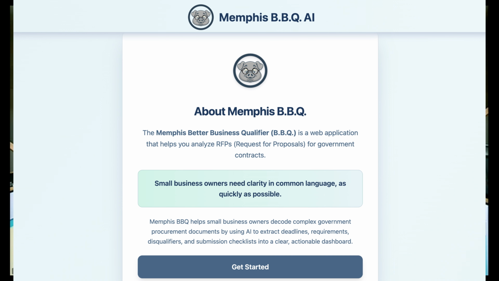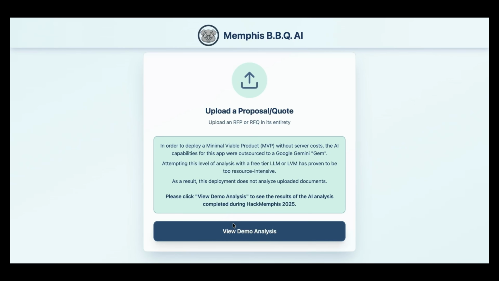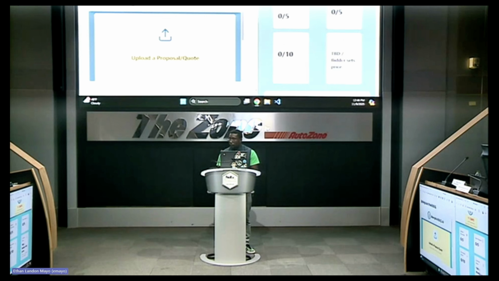So let's do this. We already got it up over here. So as you can see, it's mobile friendly, but what we're gonna do is take that PDF that I just talked about, and I'm gonna save some time here. I already downloaded it. We're gonna open, analyze that proposal. We're gonna move a little bit quicker. So as you can see,